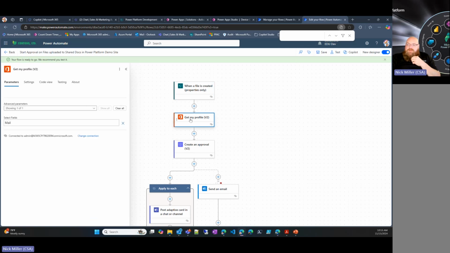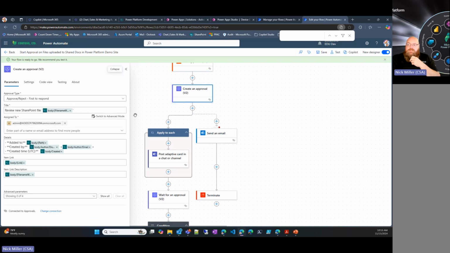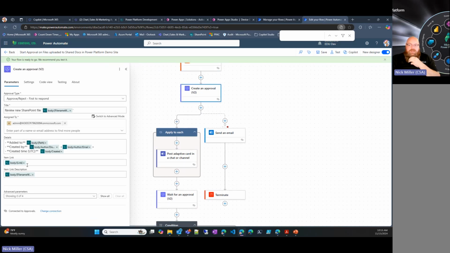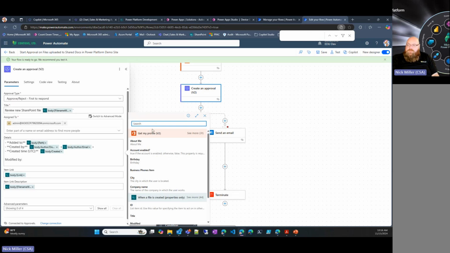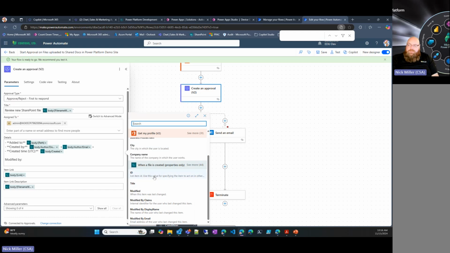Next up, we have get my approval. I'm sorry, get my profile. So it's getting whoever submits, whoever added the document, it's getting your profile, that person's profile information. Here's our approval. Notice it's creating some out of the box kind of stuff already done. Added to, created by in UTC, right? You may want to change that. We can change this to be whatever we want. Just click in, add this in here and be like modified by. And when we do that, we have our cursor, we just click the little lightning bolt. When we pop over here, we have all of our actions that precede it. So we have our get my profile, and then we have the